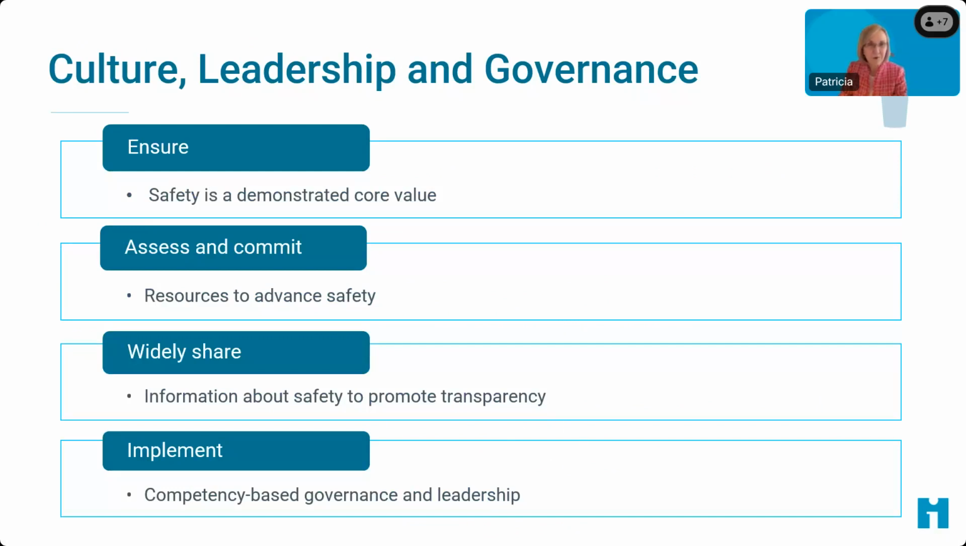The aim for culture, leadership, and governance is to leverage the influence of leadership and governance bodies to commit to safety as a core value of the organization and to drive the creation of a strong organizational culture. The recommendations for this area center on ensuring that safety is a demonstrated core value of the organization and leaders, assessing and committing resources to advance safety, widely sharing information about safety to promote transparency, and implementing competency-based governance